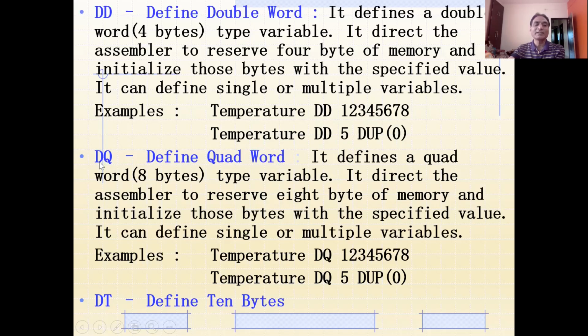Similarly, we are having DQ. DQ means define quad word. So quad word means it's going to be double of 4-byte, means it is going to be 8-byte. So whenever DQ is used, we are going to reserve